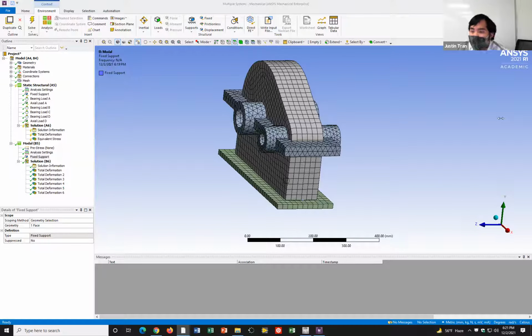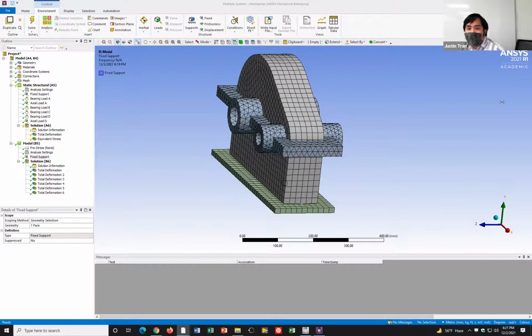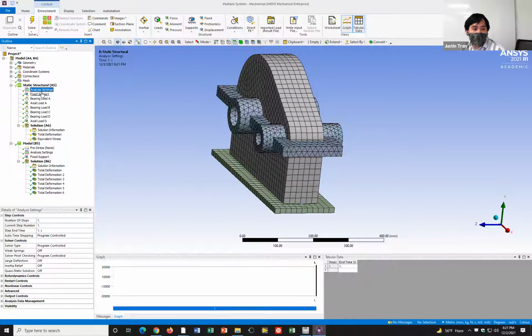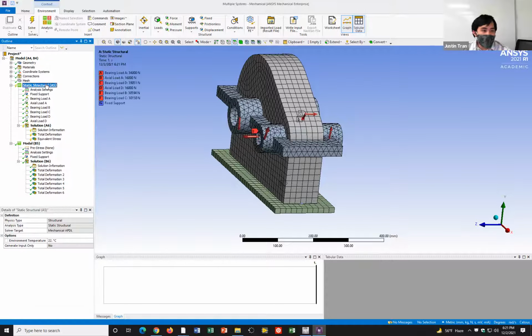On a side note, I got an error because we assigned the static structural resource. I got a large deflection error. Oh yeah, Preston was getting the same thing. If you want, you can go ahead and turn on large deflection to get rid of that message. If you go to analysis settings here, you can turn on large deflections. These are the analysis settings for static structural. You can go ahead and do that, and that'll change your results a little bit.